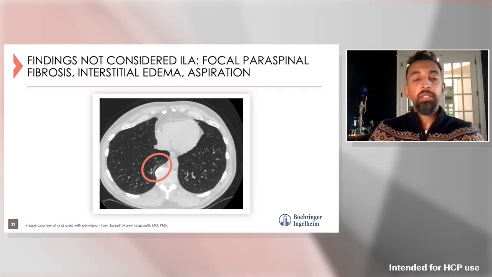Additionally, some of our patients are going to be in and out of edema. If I'm in the acute setting and I see a lot of reticulation, I certainly want to be careful to not call interstitial lung abnormality until I have a baseline chest CT that's going to demonstrate that these findings are actually due to pulmonary edema. Findings of multifocal aspiration we see all the time. Those are often due to multifocal areas of tree-in-bud opacities that we'll often see in the lower lobes. Of course, we don't want to call these findings ILA.